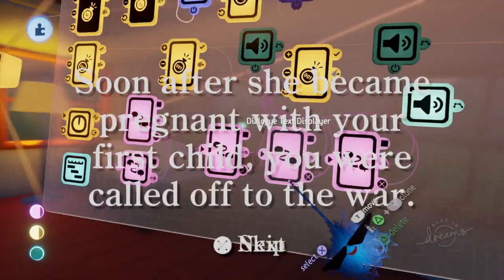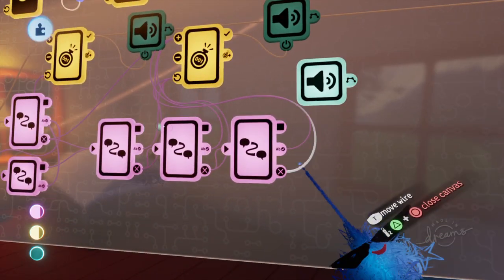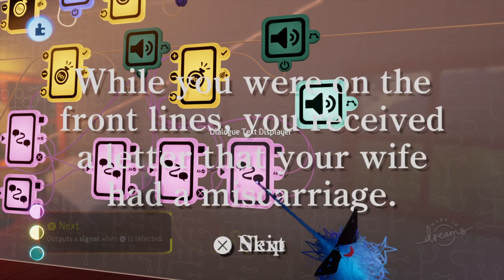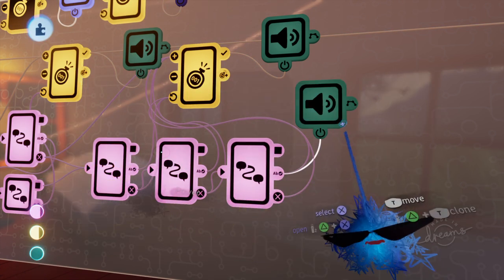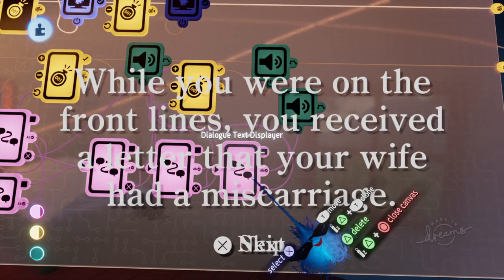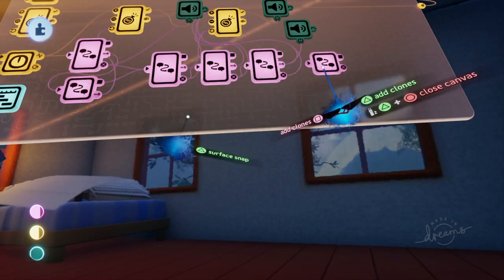Now I might have to turn the volume of the music down to be able to hear the crying. But we want the text animation finished to power it. Alright. No, your wife had a miscarriage. Okay, and then